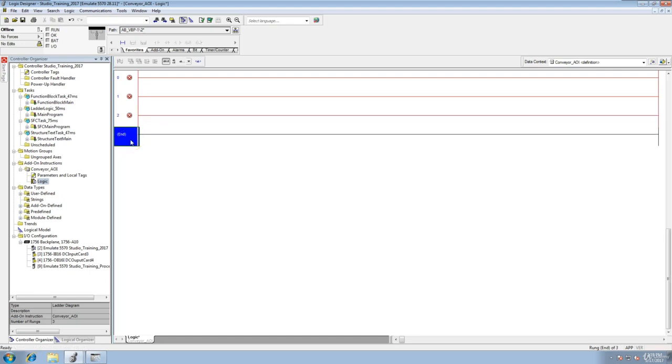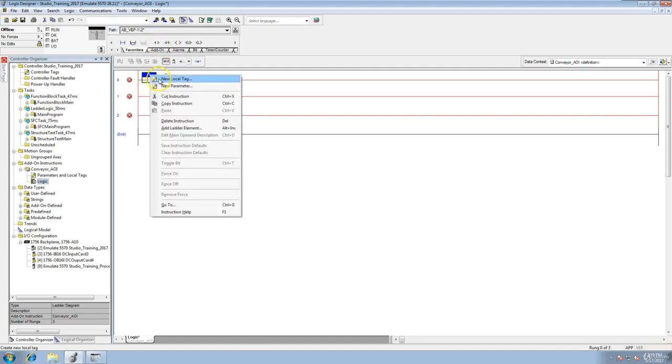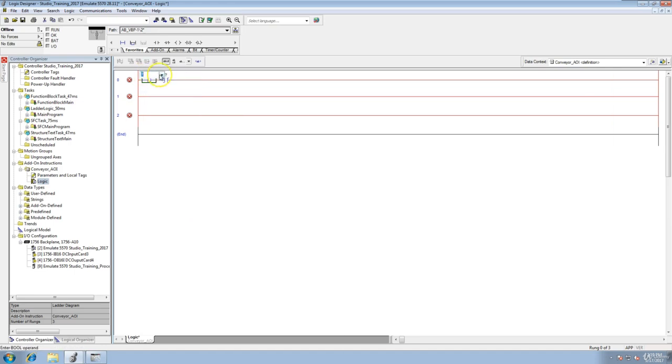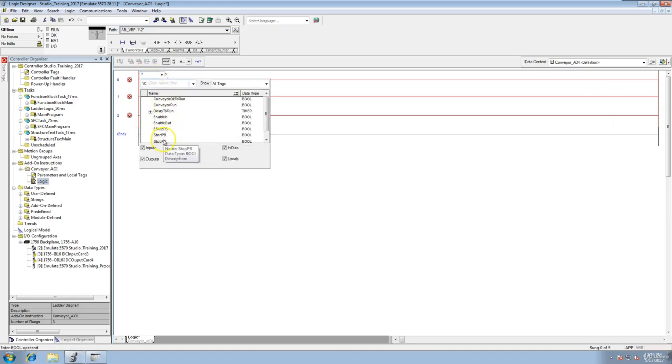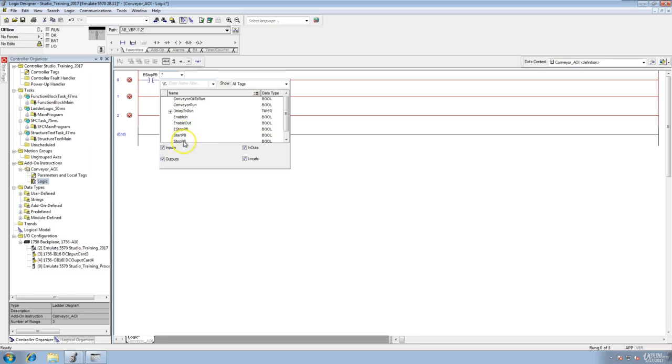Inside of our code, we basically want to have the code that's going to actually run the system, right? So what we want to have to begin with is the stop button, which should be maintained and associated to the e-stop. So let's go to tags, and you're able to select from your tags, right? So the e-stop button will have our stop button,